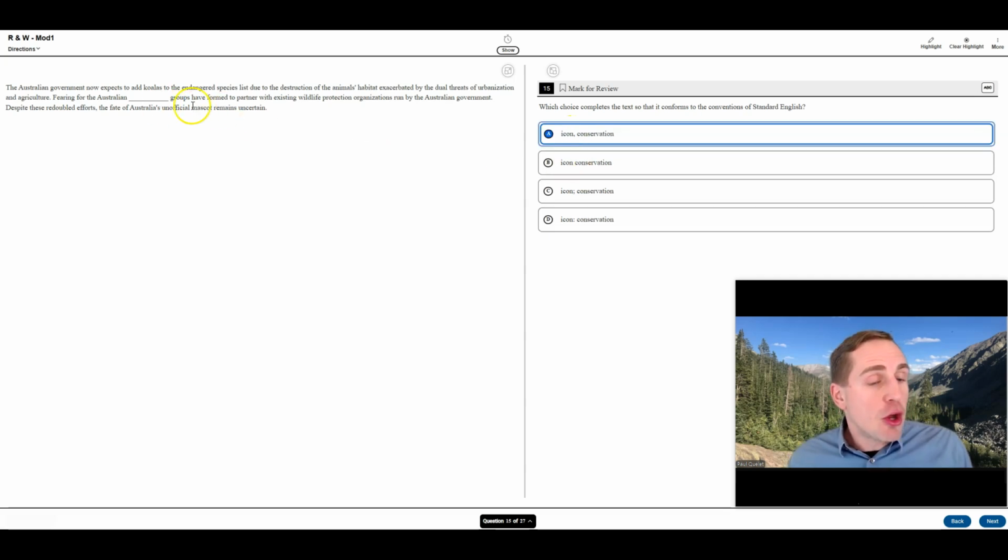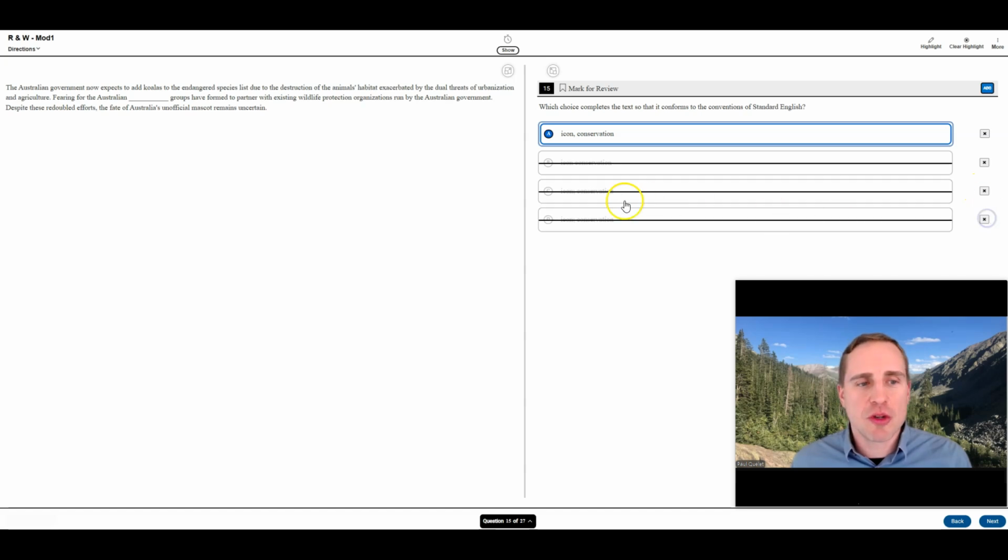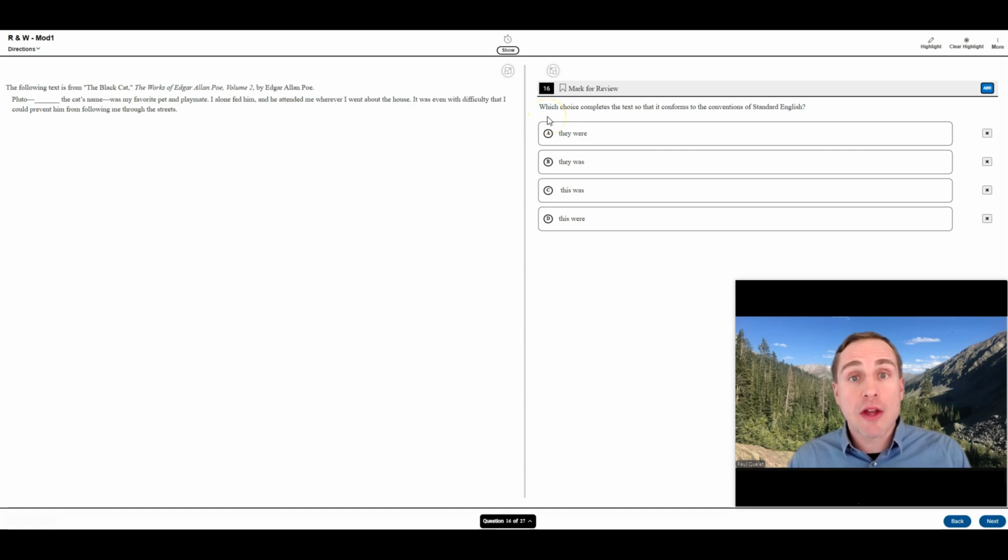If there were no pause, that would be choice B, but I think that's going to be incorrect. If it was a complete sentence, in other words, fearing for the Australian icon, in other words, if they could stand on its own, then you would use the semicolon. Now, if it introduced a list, you'd use the colon. So I'm going to suggest these two choices are incorrect and choice A. Let us move on. Okay, so here's question 16.